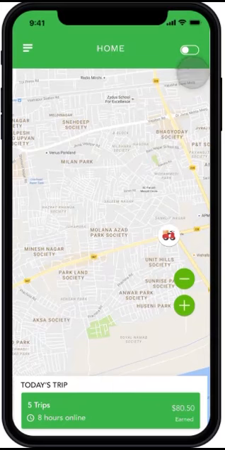On the top right corner there is a switch on/off button. It means if your button is on, you are on the job. If you make that button off, then no job will be assigned to you because you are offline for the time being, until you make the toggle button on.